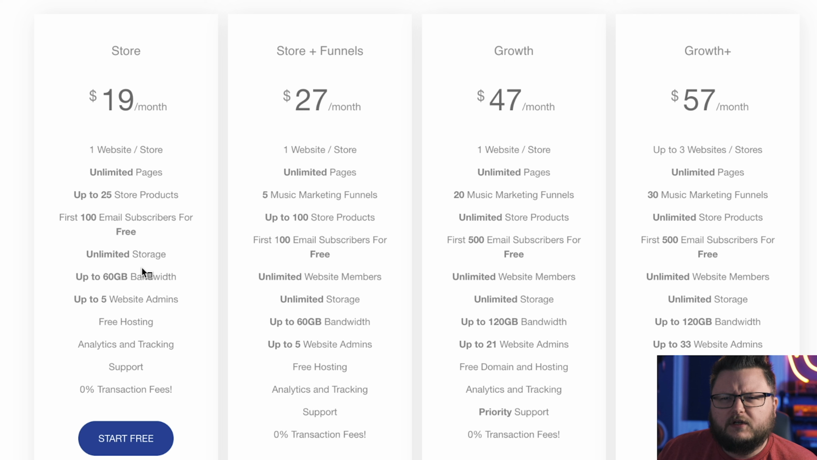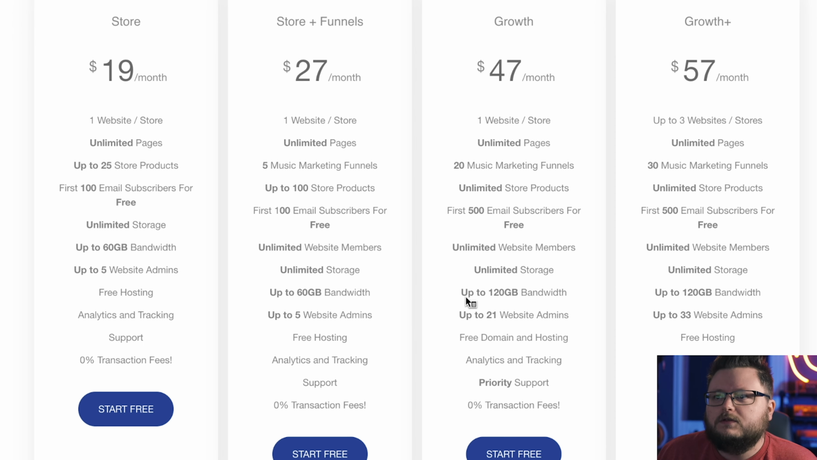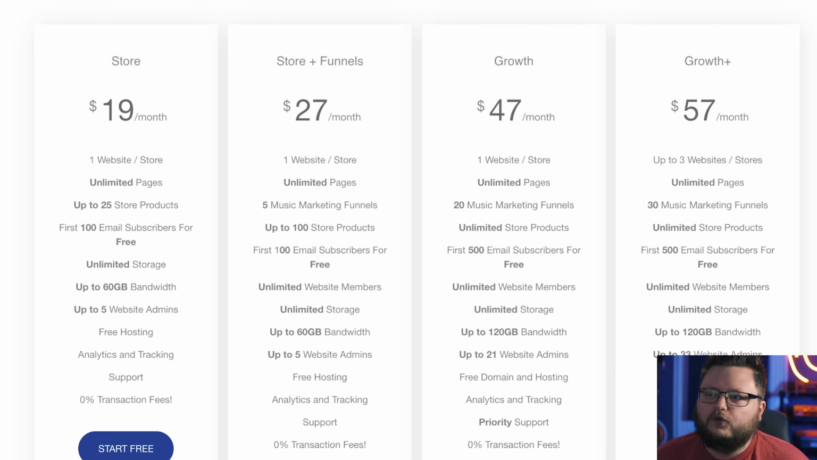Actually, I think this plan might have unlimited website members. I have to double check though. I think it does. And then it kind of goes up from there. So you go up here, you get unlimited store products, 20 music marketing funnels, way more bandwidth. You can have 21 admins on your site, which is a little bit overkill, but we could do it, so we made it happen. And then a little further, 30 funnels, unlimited store products, more admins, and 3 websites and